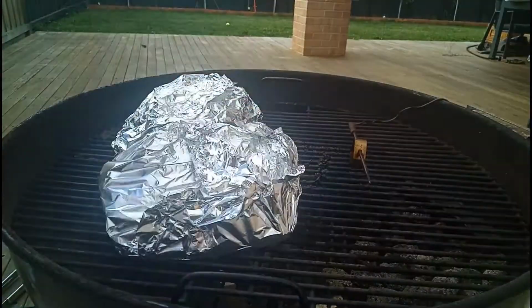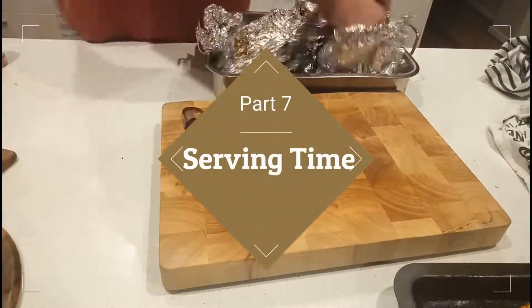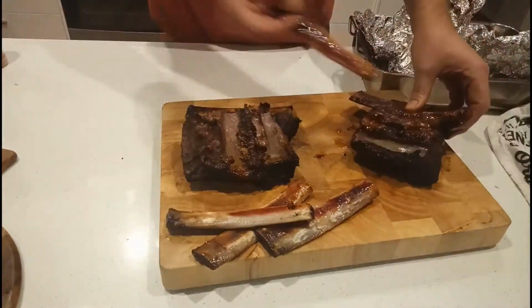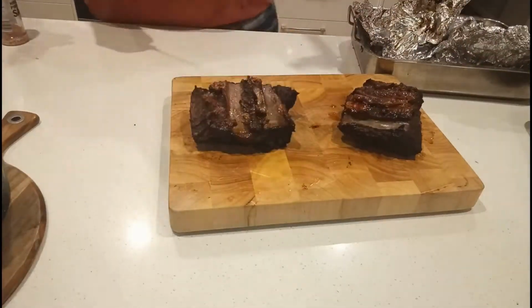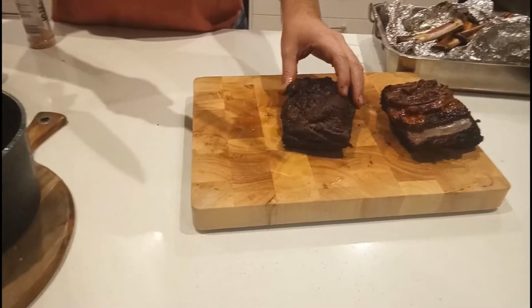Then after a few hours I give it a wrap, put it back in for at least another 2 hours, and then we let it rest for at least an hour. As you can see, the bones just pull right out. It is so tender. And then what we normally do is just cut it into little strips,